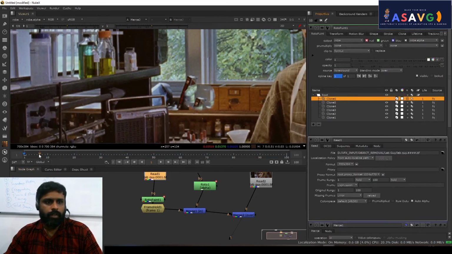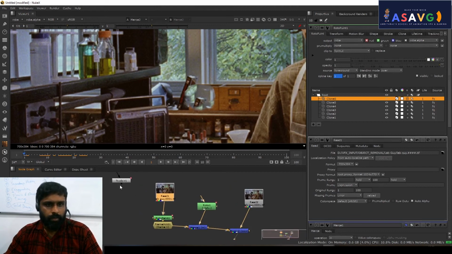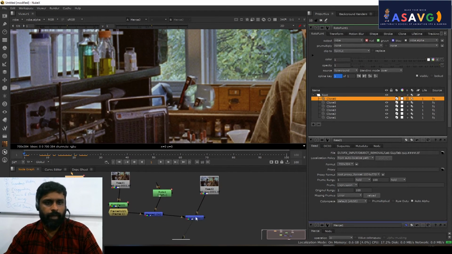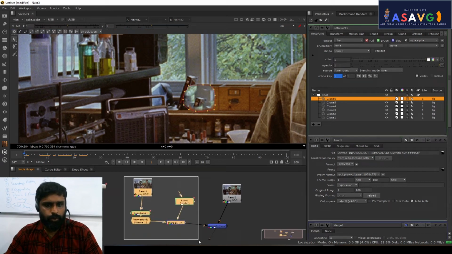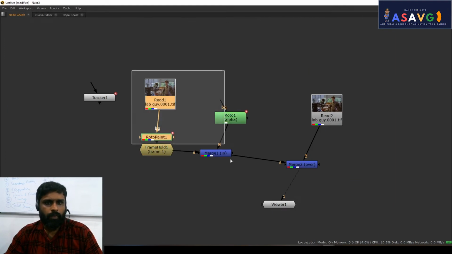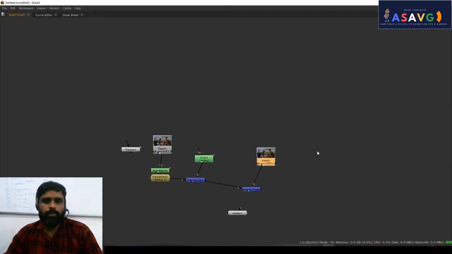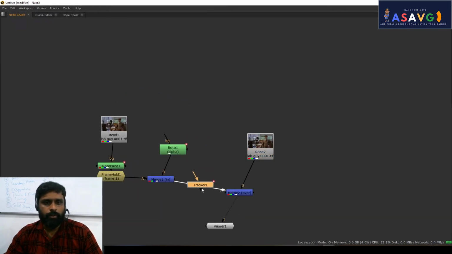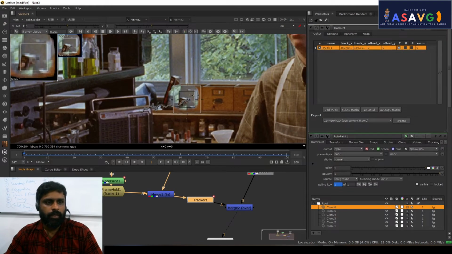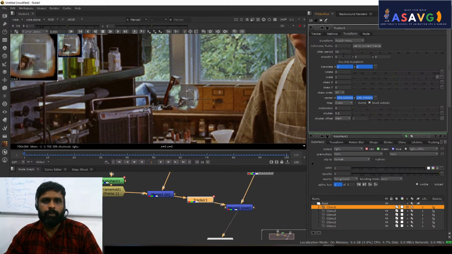We can see it is not match moved. So what I have to do is, I already have the tracking information. I will add, this is which one? This is foreground, whatever area we have cloned or removed. This is the original footage, right? So we have to add the track on this position and double click here. Tracking position is 1. So go to transform. Transform, we are showing none. We want to say match move.